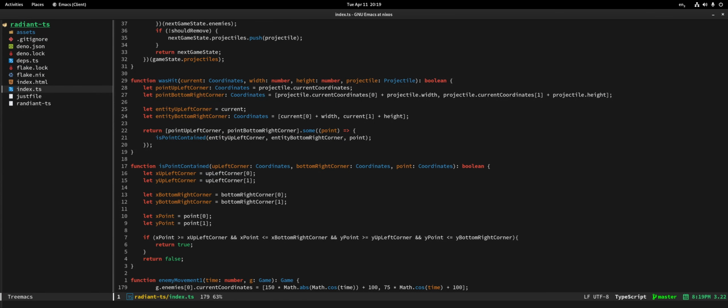I would then say that there is a very fair chance that this function is wrong. Is point contained. Oh, I remember what we were doing. We were doing the calculations with the square, right, with two points. We were doing all the math that, like, if you have the two opposite corners of a rectangle,